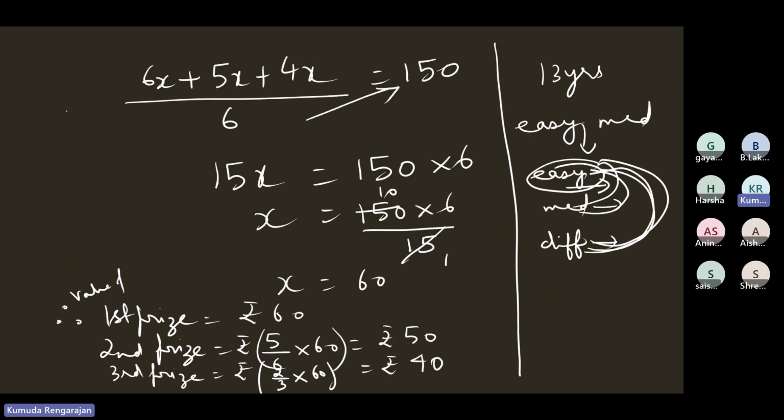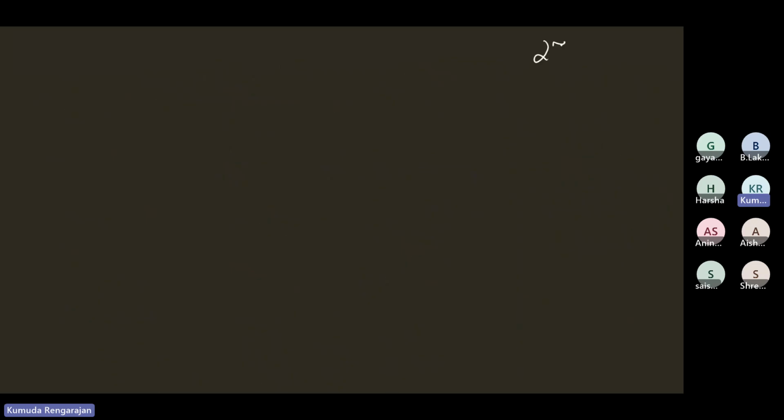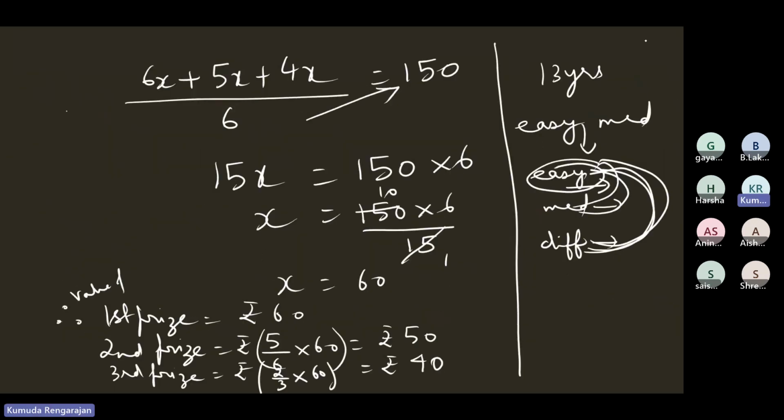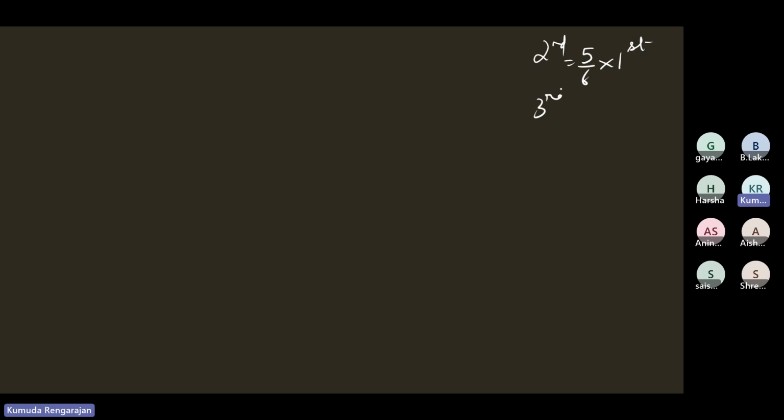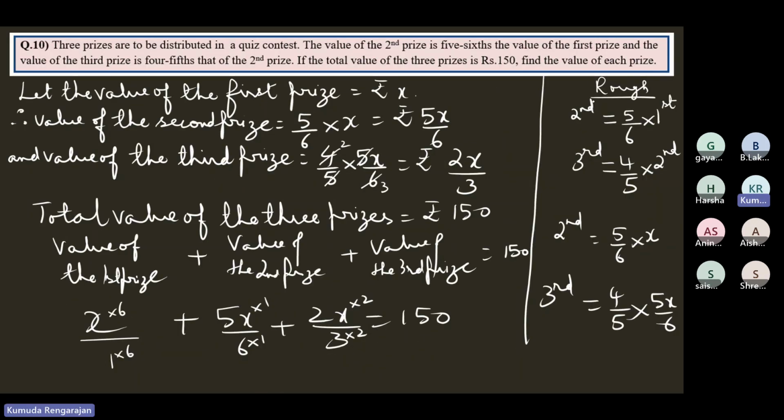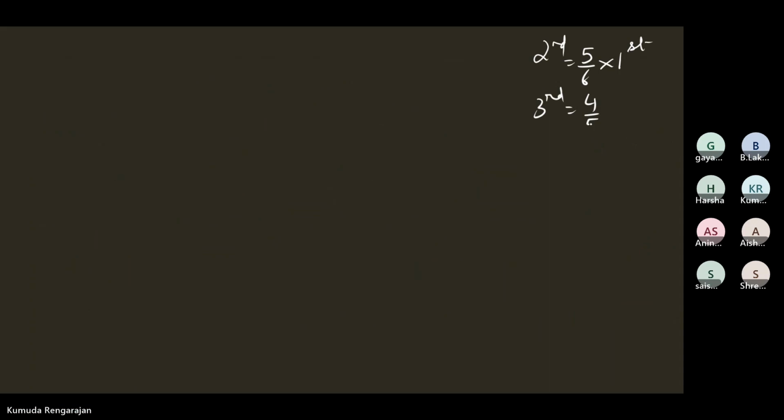Okay, the same sum now. Let me just take this part. Second is 5/6 of the first, and the third one is 4/5 of the second. Now children, supposing we call the second price as X. So let the value of the second price